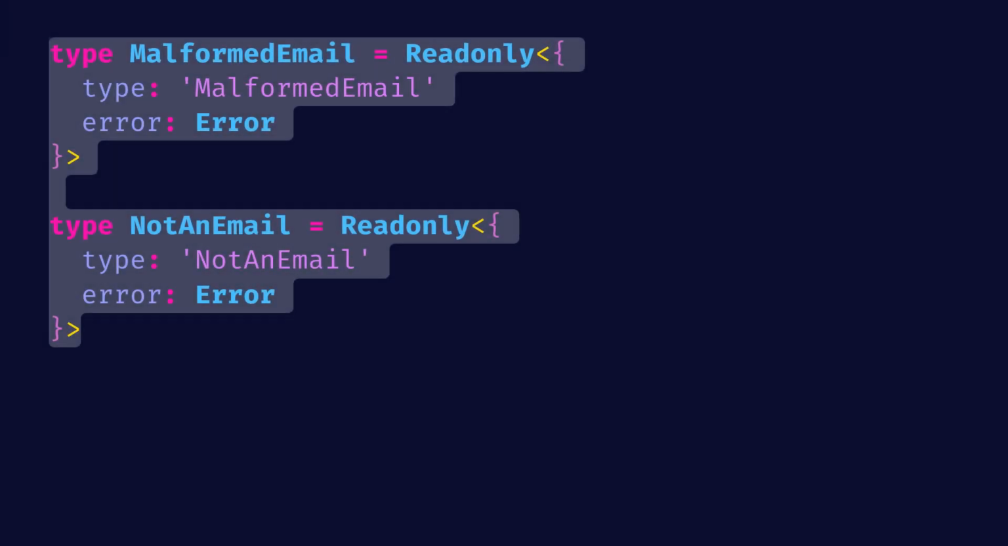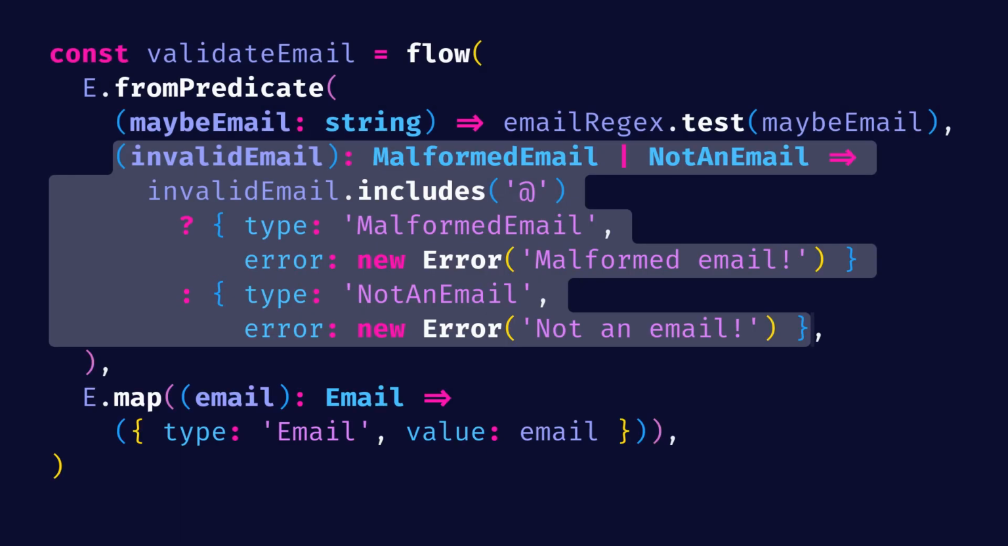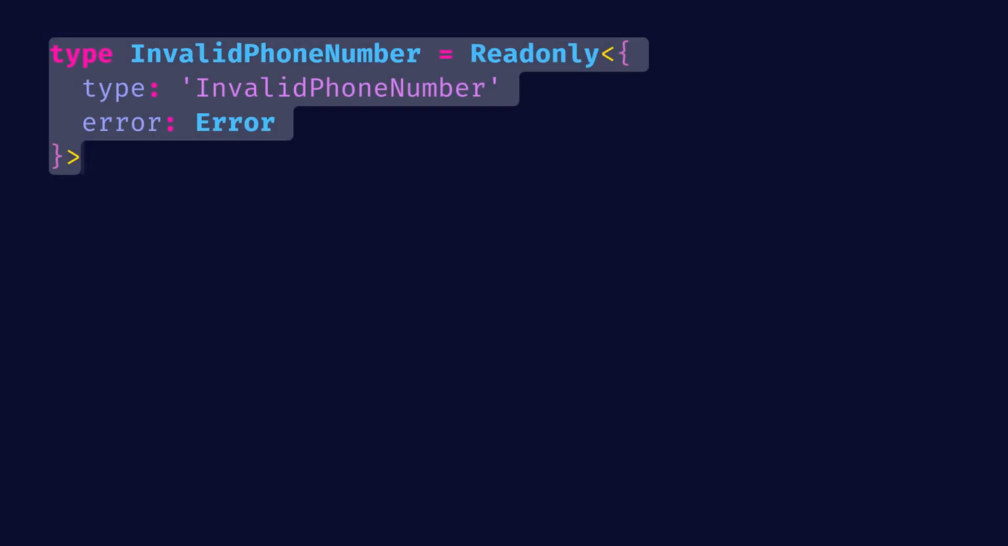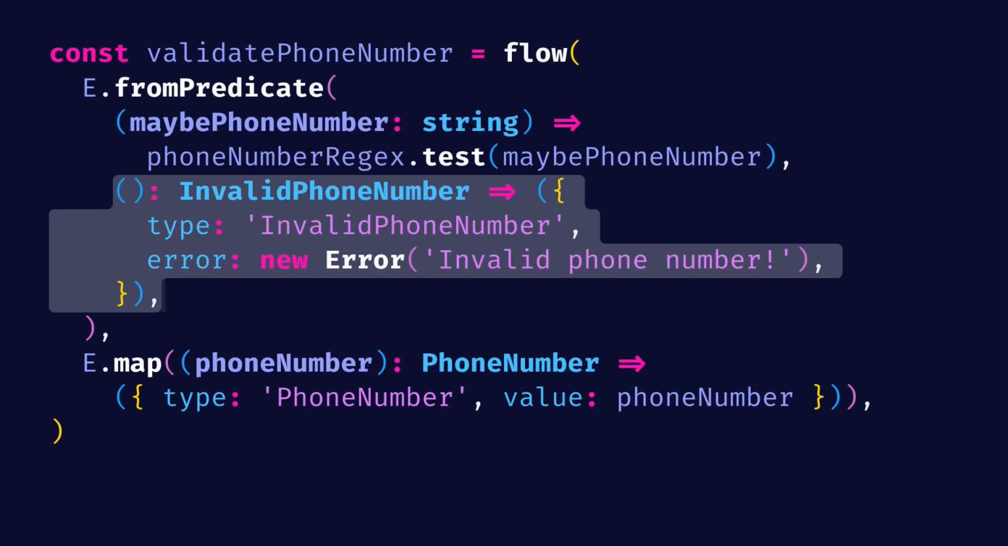As a last note, if instead of returning error codes in our utils, we return error objects with a type property, we might face some TypeScript errors. So if we define malformed email and not an email as objects with a type and an error property, and we return them as errors in the validateEmail util instead of the simple error codes that we had before, and then we do the same for validatePhoneNumber, so we define invalid phone number as an object with a type and an error property, and we return it as error in the validatePhoneNumber util instead of the error code,